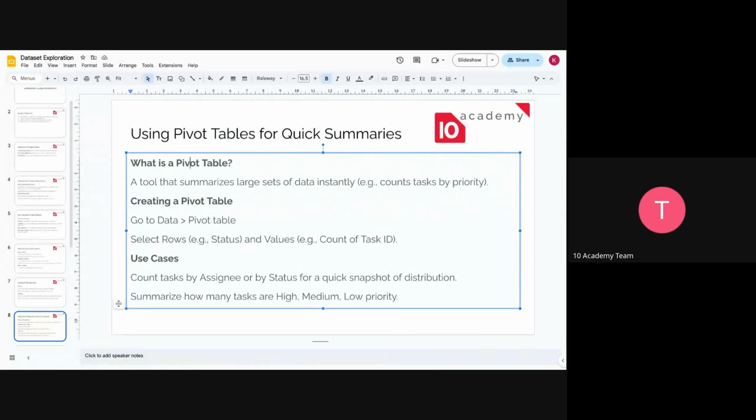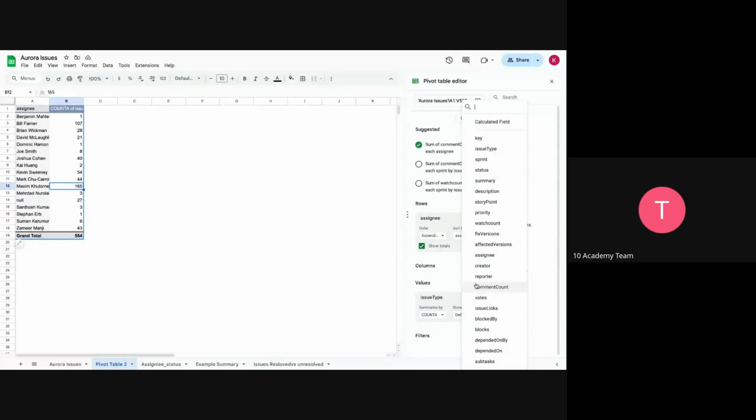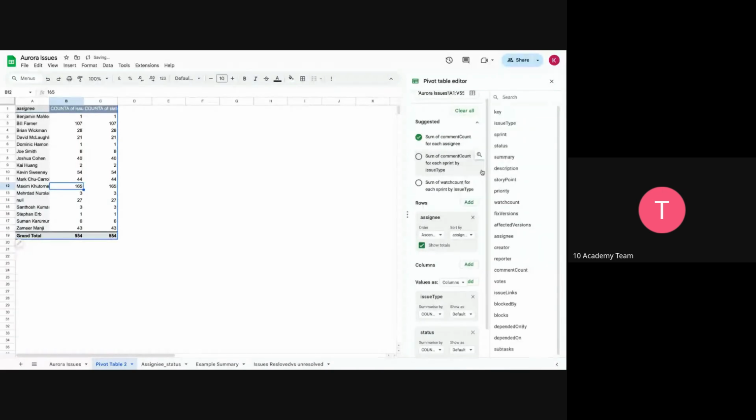So it's a really powerful tool, the pivot tables. So use cases are to count the tasks by assignee, which we did, or by status. So you can add another value here. Then for the column, you can have status and count. So for the status, don't count actually. You can summarize them by,